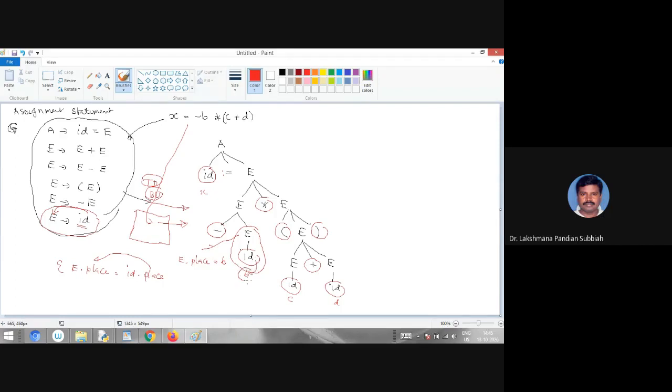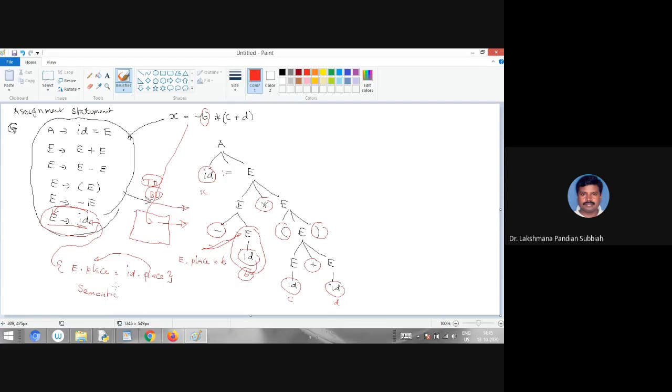In that location, the original name b is there, right? So you have to take that. You have to annotate the parse tree with semantic action. This is the semantic action we have to take for this production rule, E derives id. This is called semantic action.